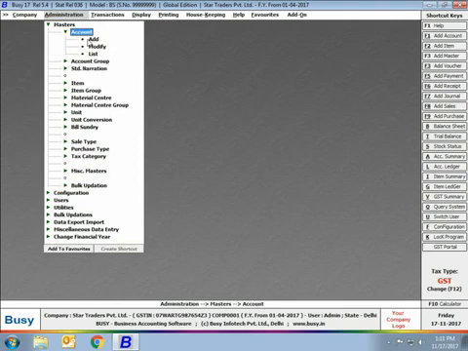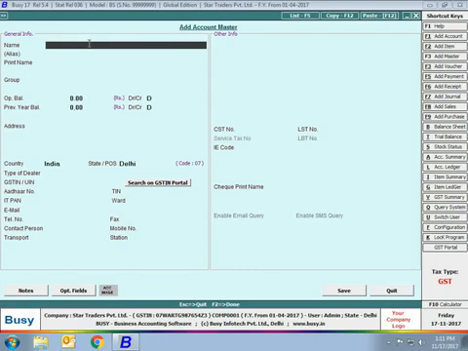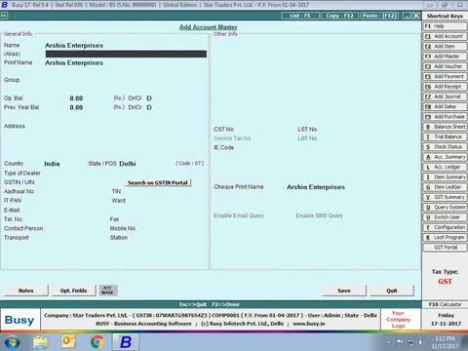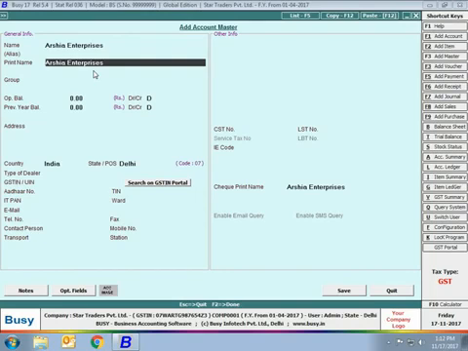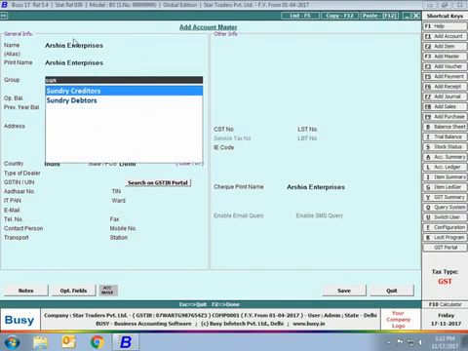Click the account add option, and here we are creating the account for a party. For this, we'll specify the party name. Here we have taken the name as Arshia Enterprises. Specify the alias, basically an alias for the party, the print name, and the group, which is most important. Here we are selecting the group as sundry debtors. If you remember, we have created north debtors and south debtors groups. If you want, you can select those groups also. Otherwise, this party we are categorizing as sundry debtors.